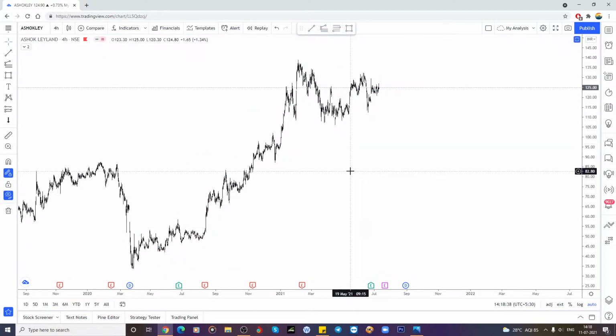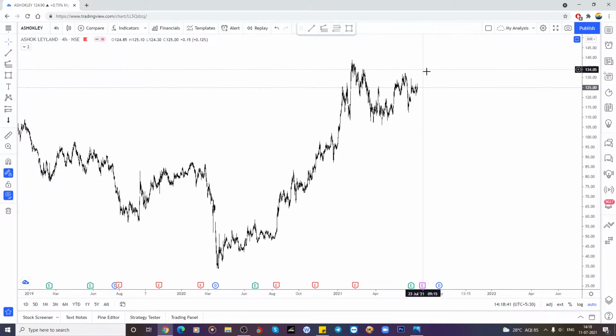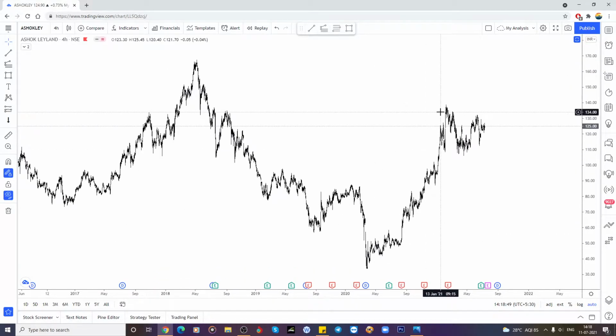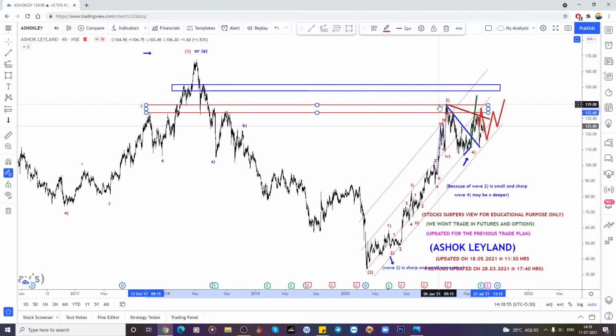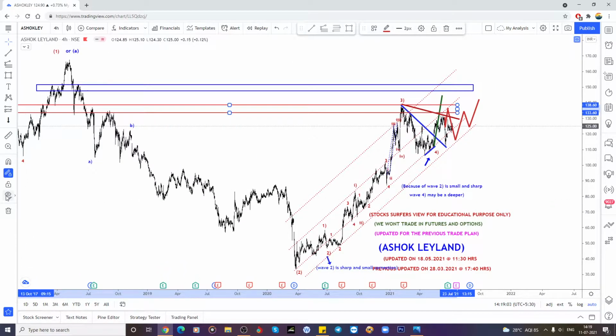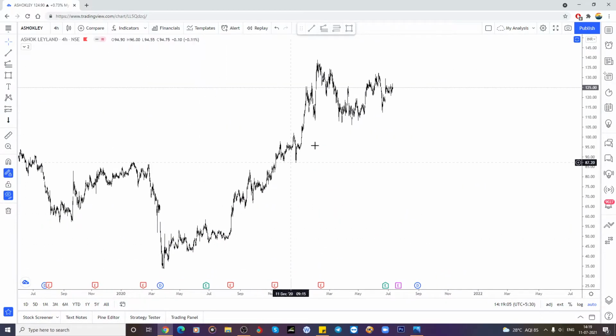See here, it's also looking like a correction part. Whether the portion has already completed this wave, the impulsive wave, in the previous resistance zone also. If it breaks, I thought this is wave 4 and wave 5 can reach up to the 150 zone. But as I said, whether it's already ended here, I'm not able to count here in this